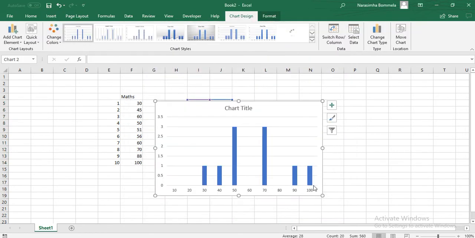Okay, let's take this one. This is actually histogram. So for 30, we have 1 person. By seeing this, we can say that most of the people who got score is between 50 and 70. And for 30 and 40, very few people are getting that score. And 90 and 100 also got by very few people. By observing this graph, we can say what is the area at which maximum responses are located.